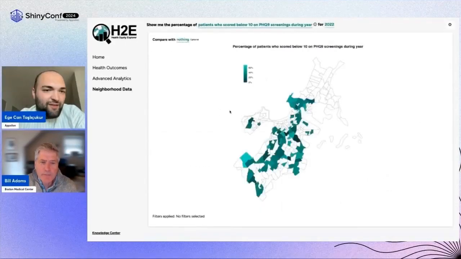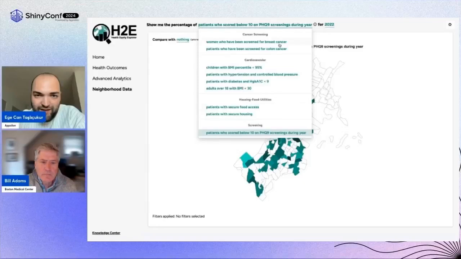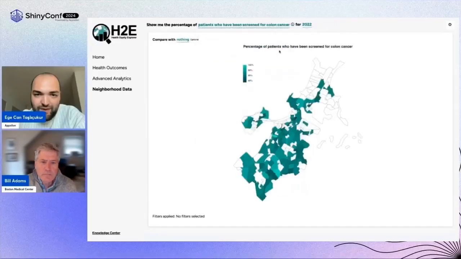And now here, you can also analyze your health outcome in place-based structure in the map. So you can see the Boston map here. I can also just go ahead and select something else here. And you see the patients who have been screened for colon cancer across Boston.